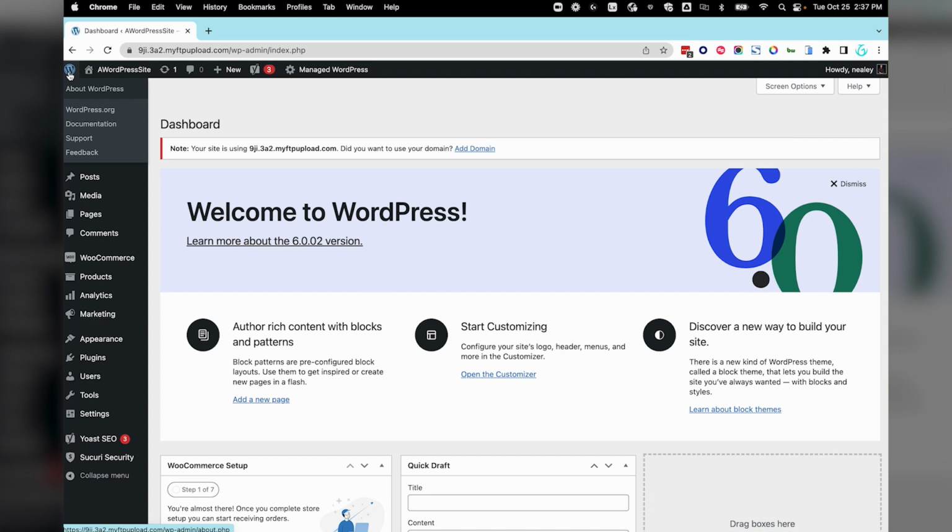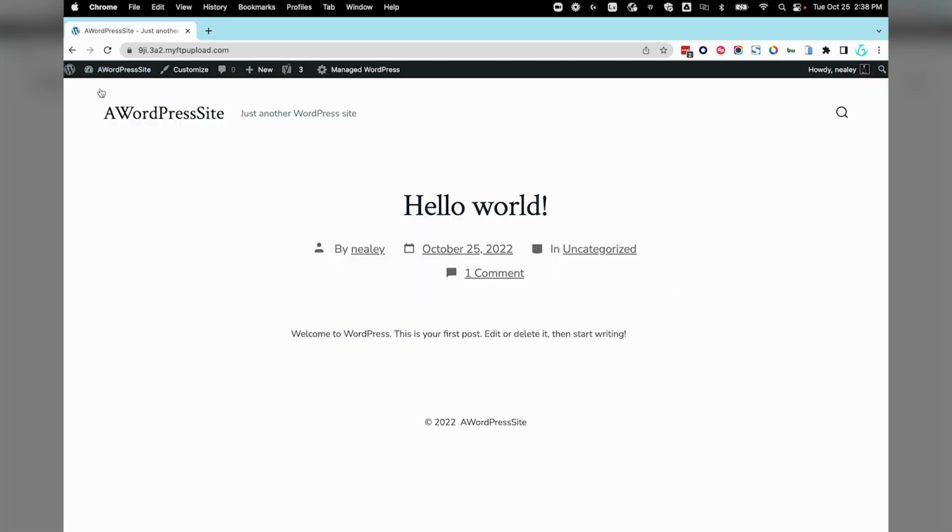This includes links to finding more info about WordPress, view documentation, and visit support forums if you need help. Hovering over your site name reveals a link to visit the public view of your site. When you are logged in, the toolbar remains across the top of your site while you browse. Hover over the site name again to return to the dashboard or other panels in the administration area.